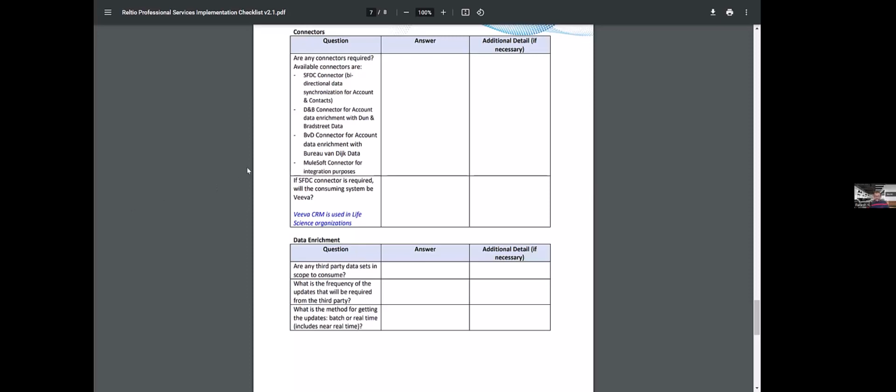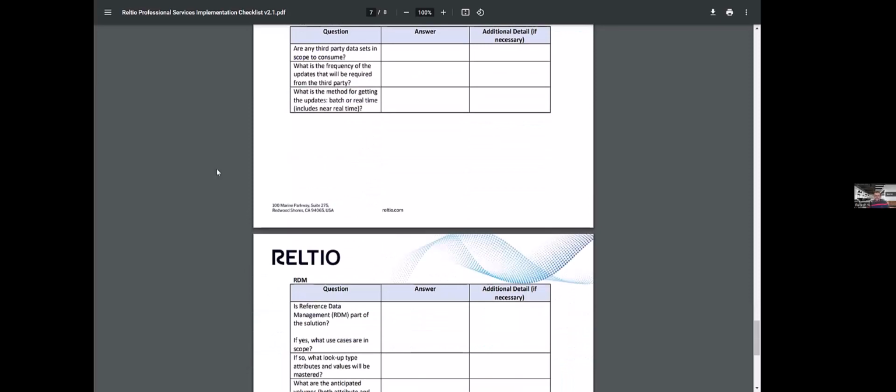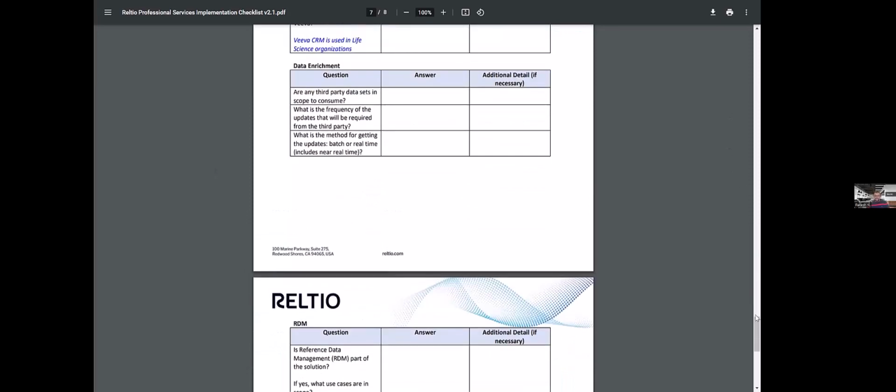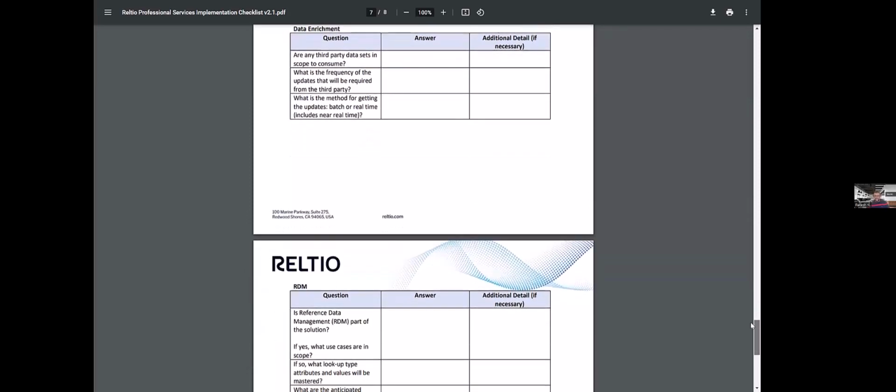And then the next topic, data enrichment, we pretty much covered: identify what sort of enrichment sources we need to deal with, and also identify if we should get that enrichment via the connector or via any other mode of integration.